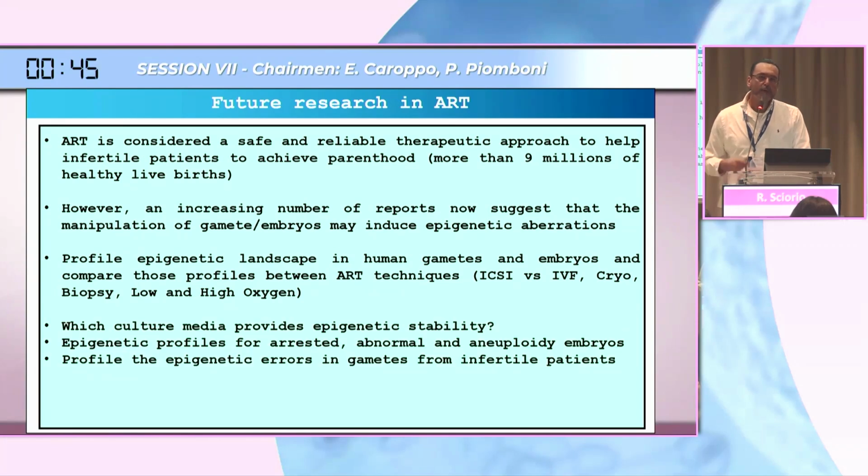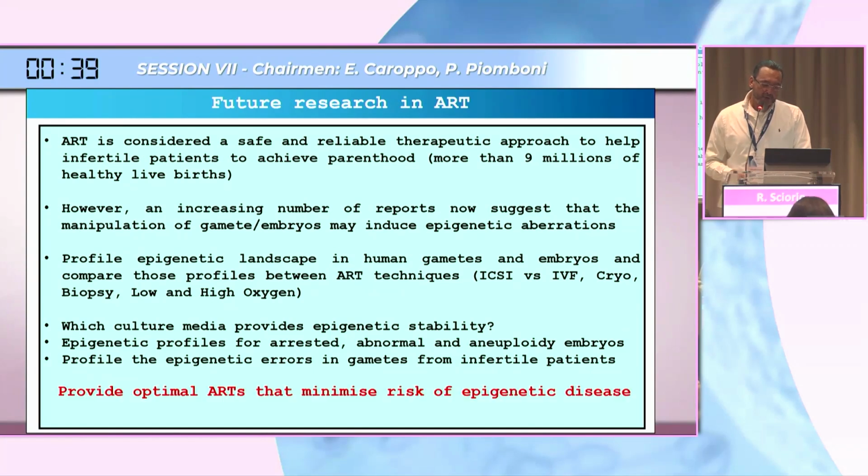But we need to always have an extra eye to identify the best culture conditions to provide epigenetic stability, and also to continue to provide an IVF treatment which is minimal and to reduce the risk